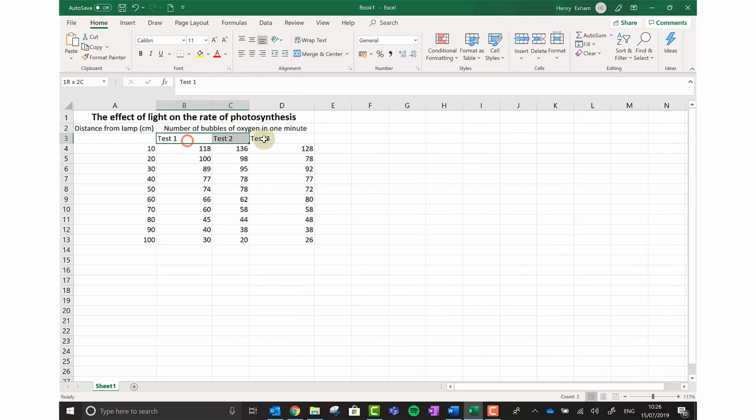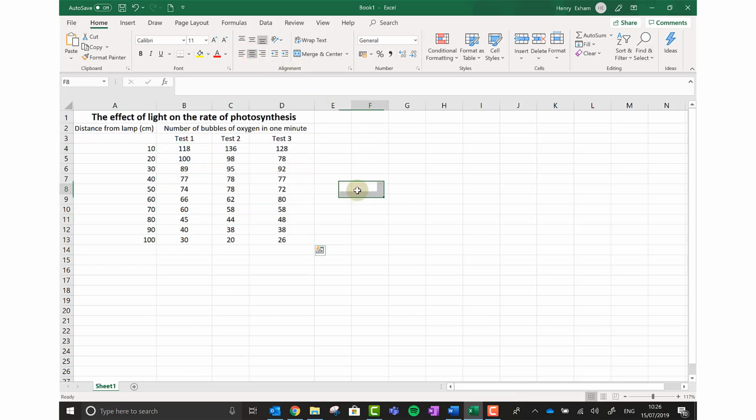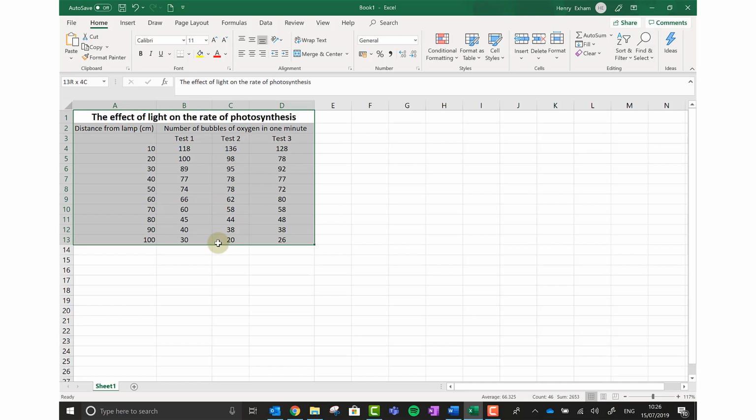Okay, the text I quite want to be central, so I'm going to align the text in the center there, and same with the numbers. I'm going to align all those in the center for my results. Okay, already it's looking a little bit better, but I'm going to put some grid lines around it to make each cell stand out,